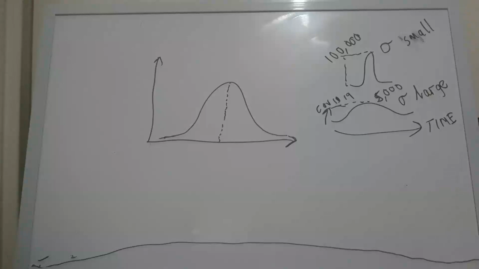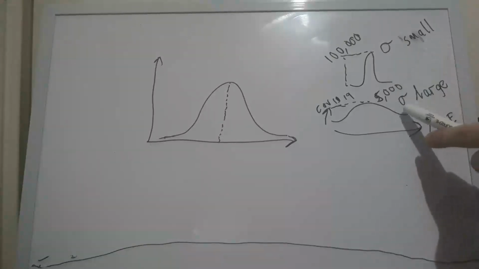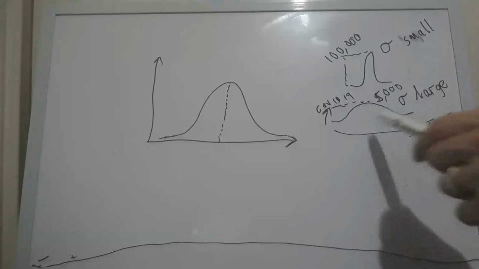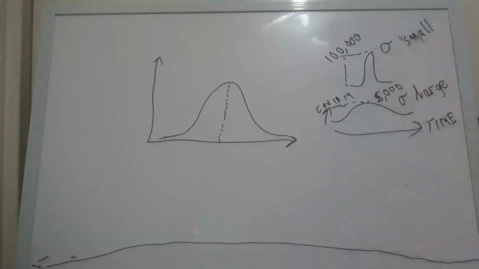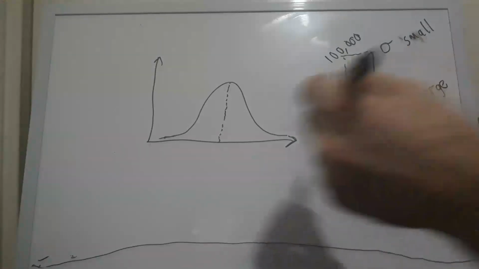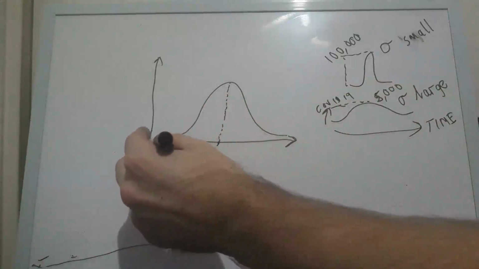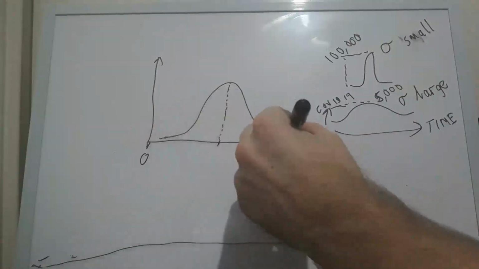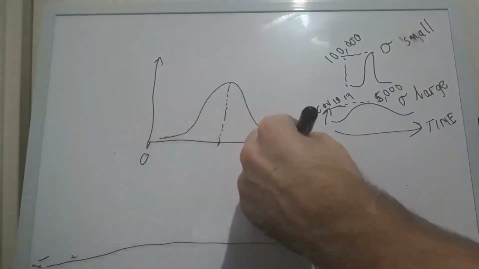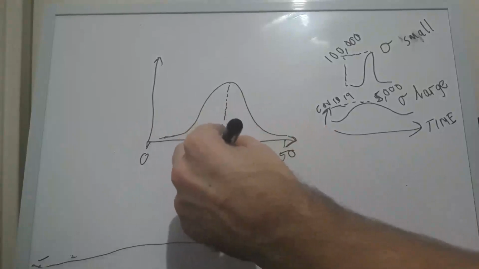Now again, standard deviation. This is the small standard deviation, this is the large standard deviation. But for this bell curve, this normal distribution, what's the best way to explain standard deviation? We use the study scores. So let's say in the middle, right? So if the minimum study score you can get, let's say it's 0, and the max you can get is 50, you might think that in the middle here, that the average study score is